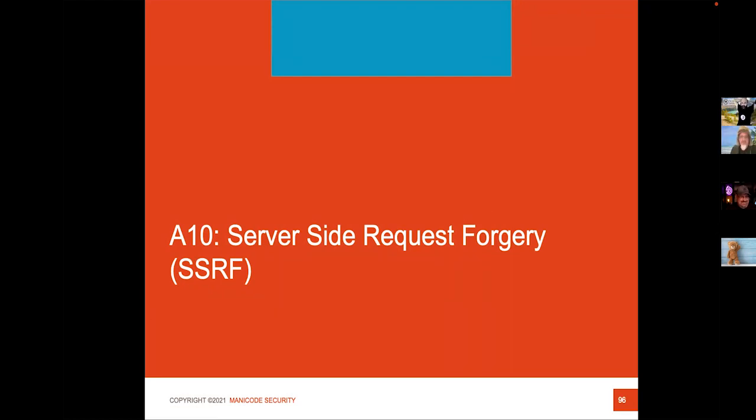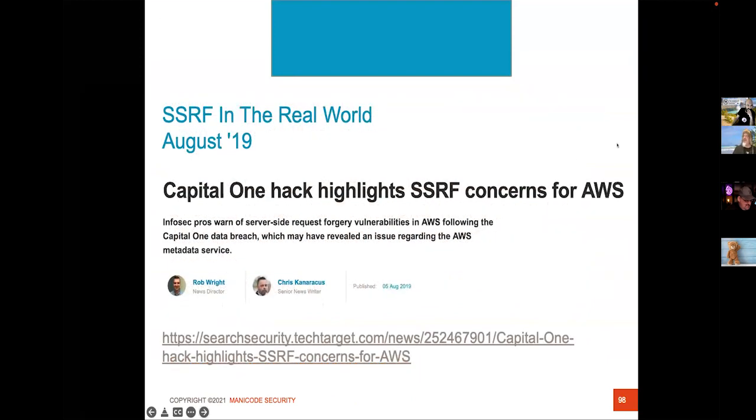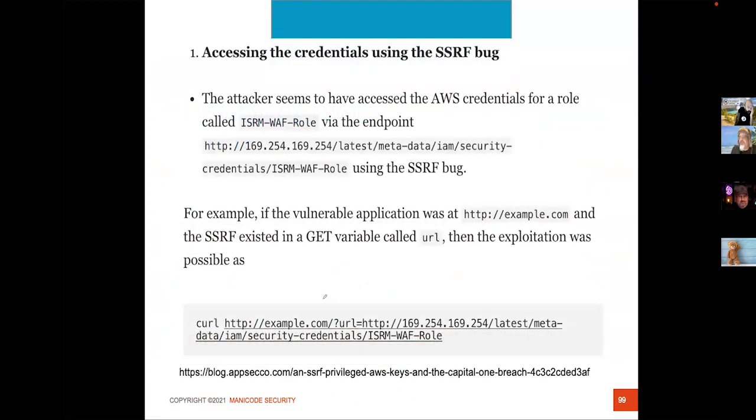And let's talk about server-side request forgery. Let's do this, Mark. This was number 1 in the community survey, even though scanners don't find this. The whole idea here is that we saw for the first time Capital One got popped by SSRF in a glorious fashion. They were doing a server-side include that had a URL parameter that was itself a URL that the server acted upon. And the attacker took the Capital One domain, changed that URL to an AWS configuration file, which ironically is the configuration file of the WAF that got bypassed.